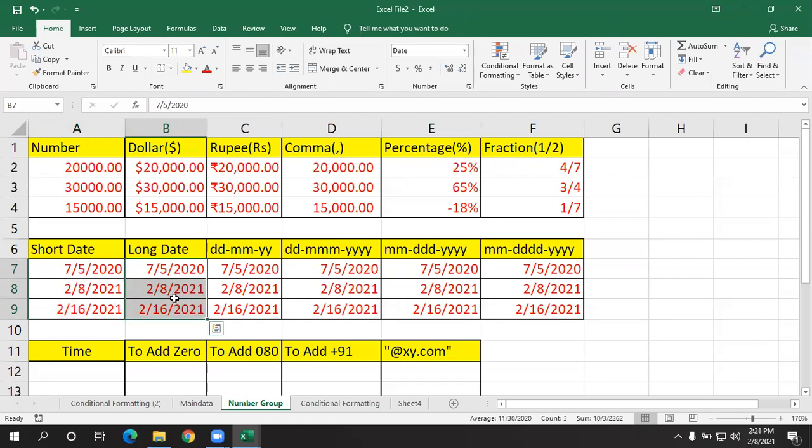What is the range I have selected? I have selected from B7 to B9. How will I know that is B7 only? You have to first see the top. So from which column am I selecting? B column. From which row am I selecting? I'm selecting from the 7th. So I'll select from B7 to B9 and I want to change this to long date